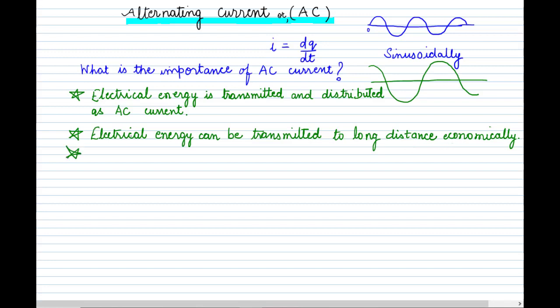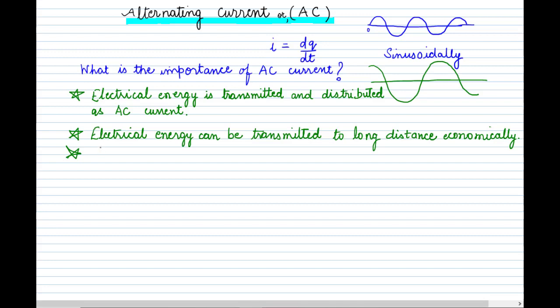The third importance of AC current is that most of the electrical devices only use alternating current. It may be any of the home appliances you use, like your refrigerator or your AC, or your electrical iron, whatever you use, they always